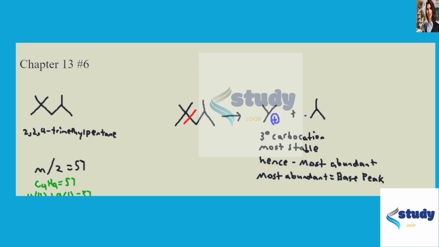And so that's really, I guess, the other place that you could start at to approach this problem, which is to think, where could I cut this molecule to produce the most stable ion possible? And so working backwards like that will get you to the same answer. And then once you get this fragment here, you'll see that it does fulfill our requirements of C4H9. And so that is the answer to problem